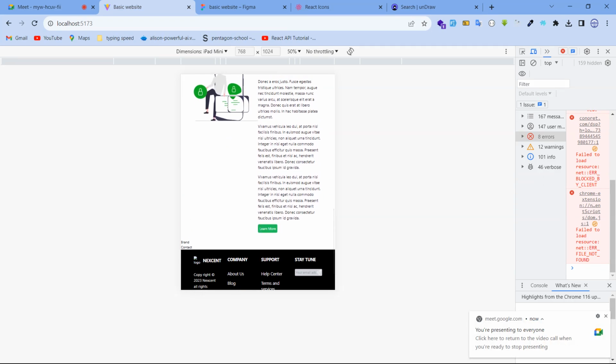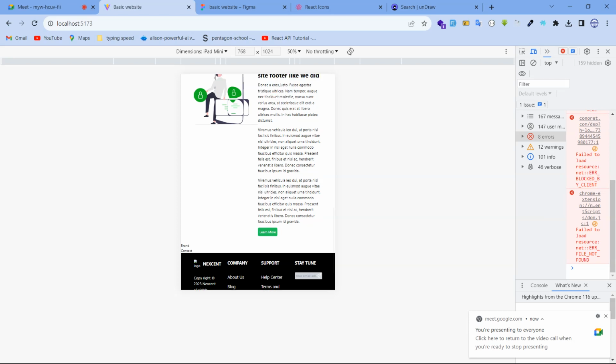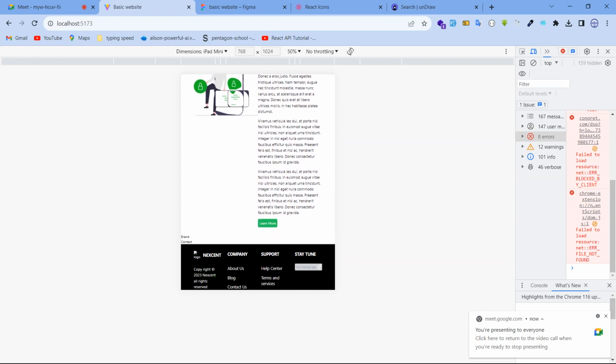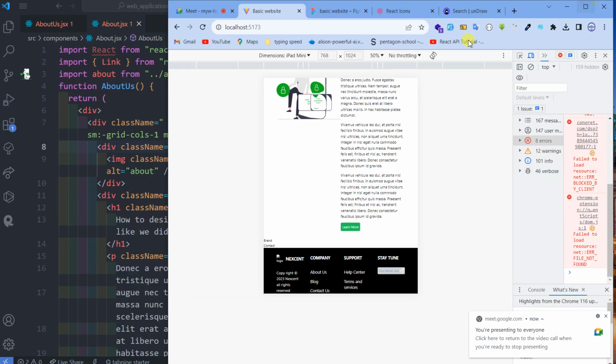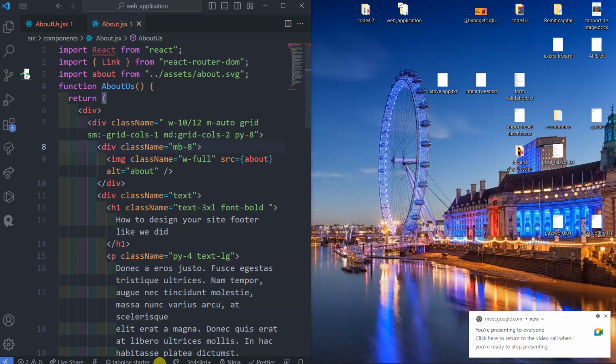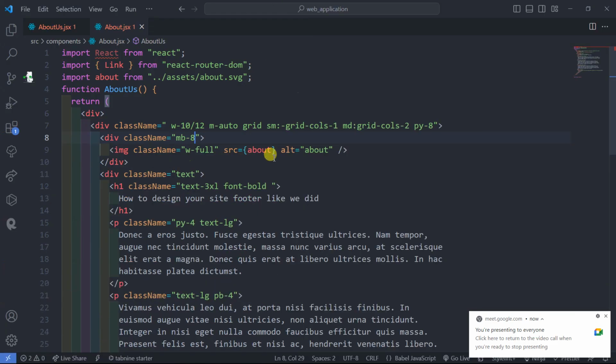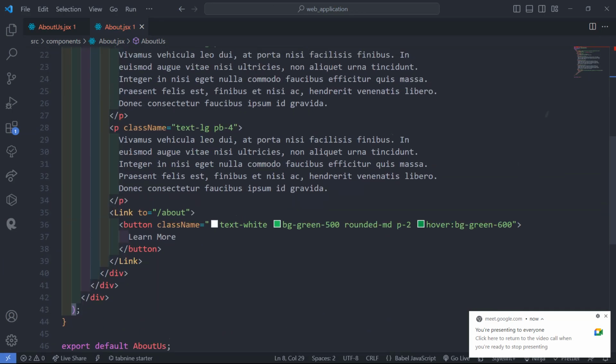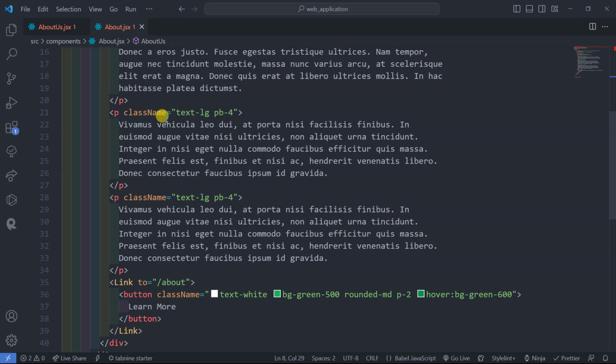Okay, so for us to deal with this one here for the iPad, it's easy. Either we add the hidden class to, let's start with this one. Let me go back to my Visual Studio Code here. So remember we have two extra lines which are disturbing there. So if you say